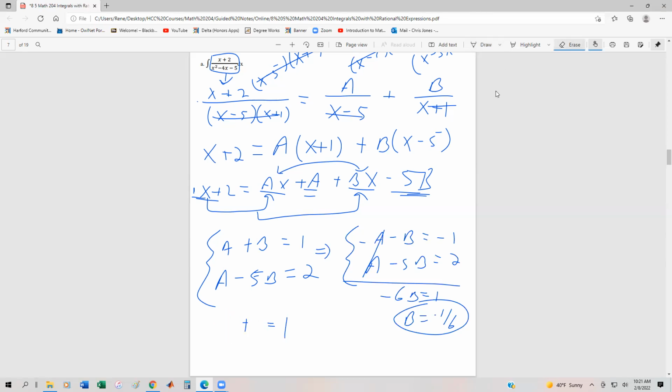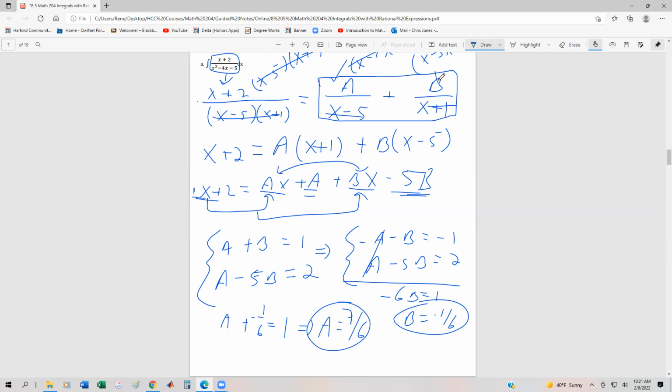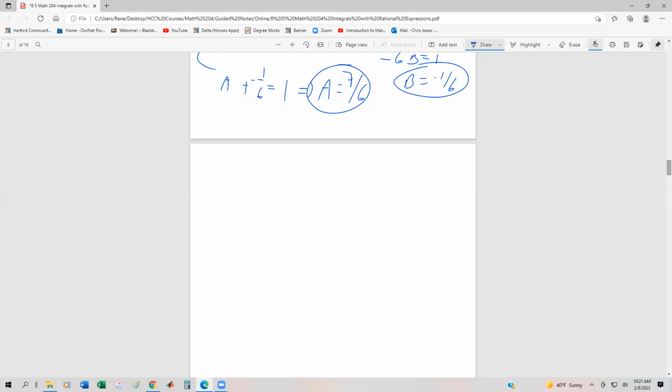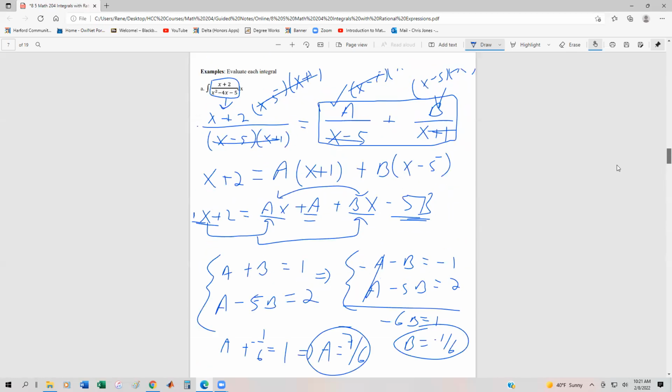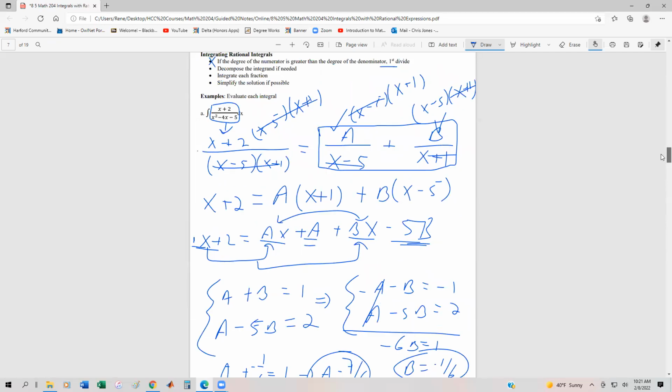So we'll go back. So we solve for b. So a plus a minus 1/6 is 1, which implies that a is going to be 7/6 by adding the 1/6 to both sides. And that tells us now that our integral can be rewritten in the form of these two partial fractions. Okay, and just because this is the first time we've done an integration, I'm going to write it out. So the original integral, which was x plus 2 over x squared minus 4x minus 5,